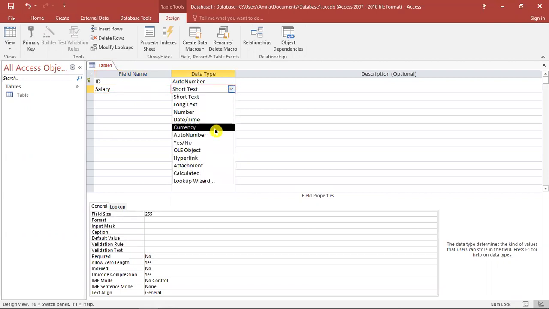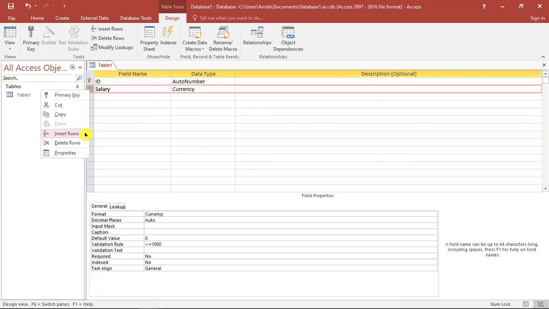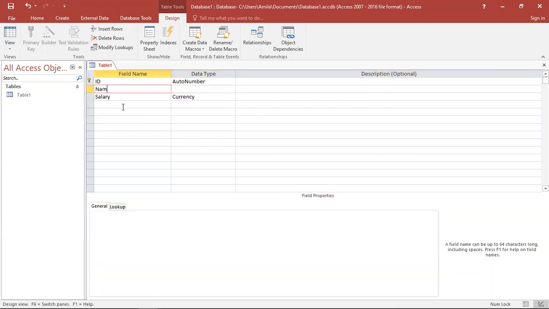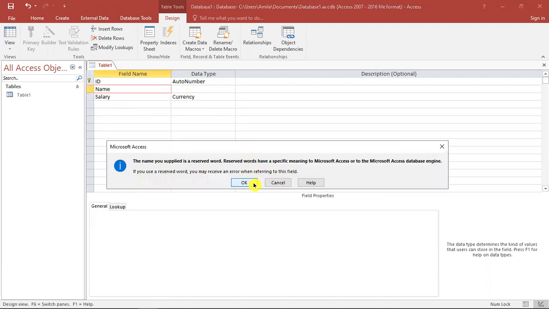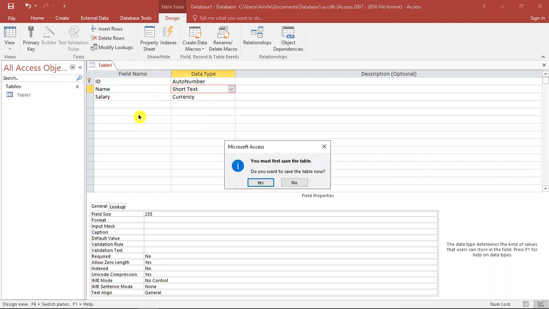Then we have to enter the currency data type, and we can enter validation rules here. We can enter validation rules like larger than 1000, likewise, right? When we validate this, and let's say we have another field inside rows, let's say the name of the employee, short text, the name and the salary, right? Now I'm going to datasheet view.